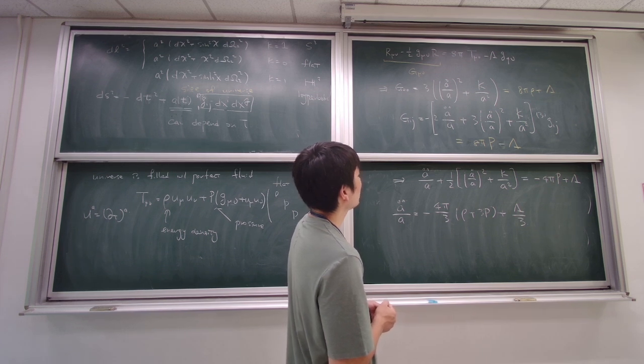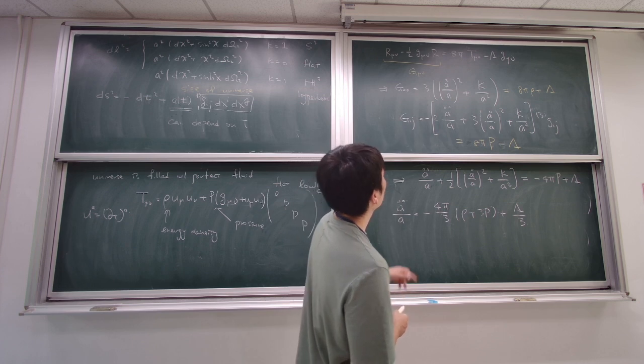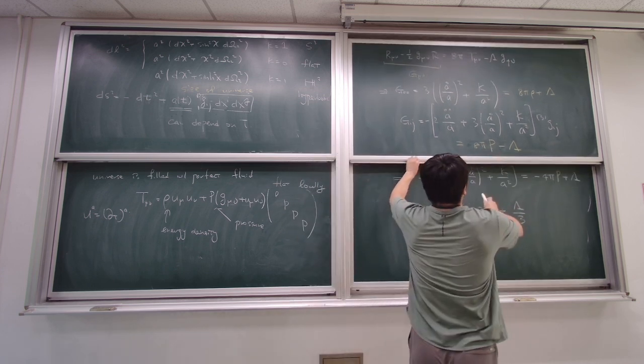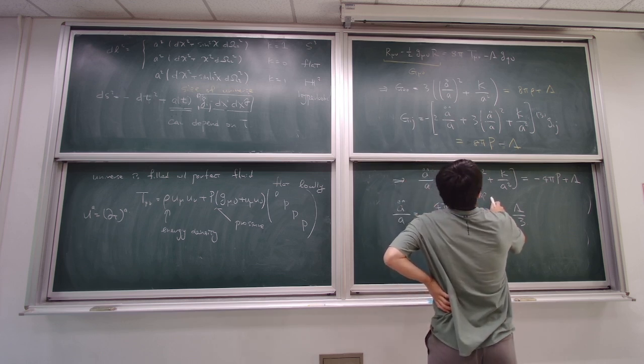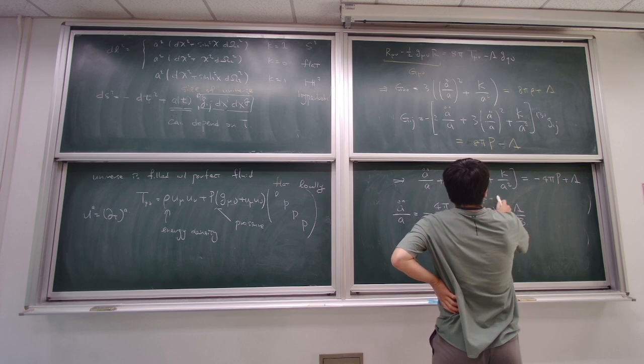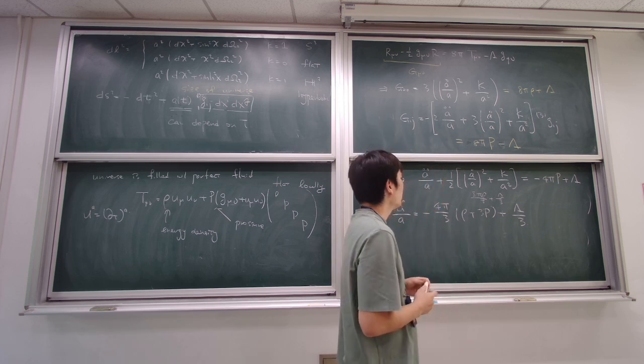If you divide it by this one, this should be okay. So plug this into here, you have 8 pi rho divided by 3 plus lambda over 3. And then